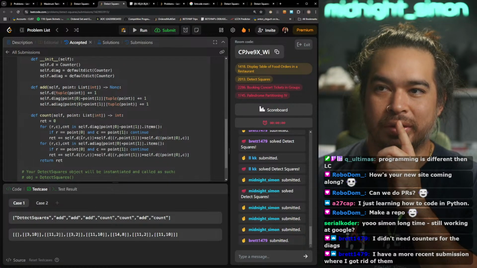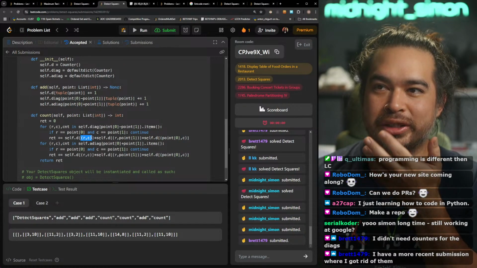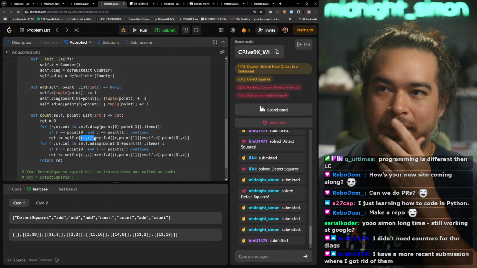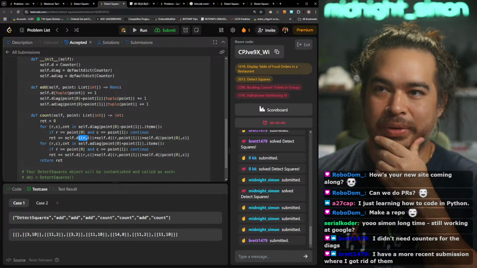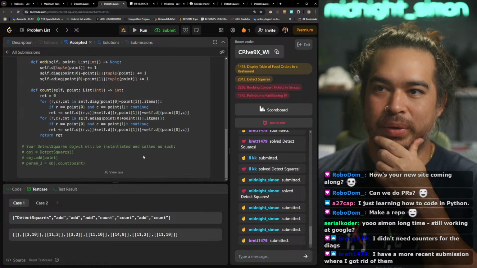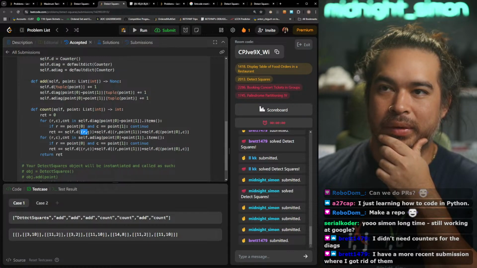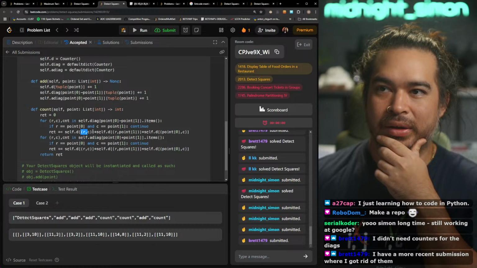Right. So, but I feel we're doing very similar things. So this is like the counts. So you multiply all those counts. So when I do that, my answer is way off. So RC, that's a diagonal, times